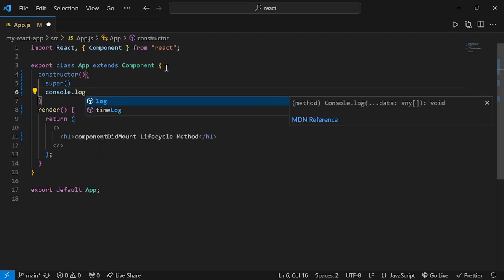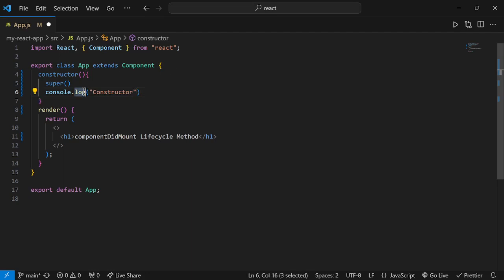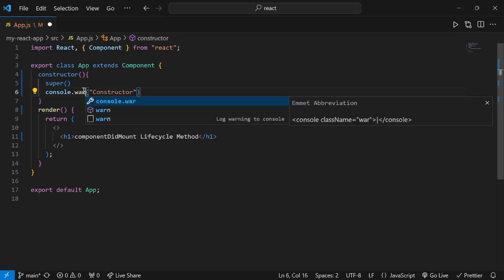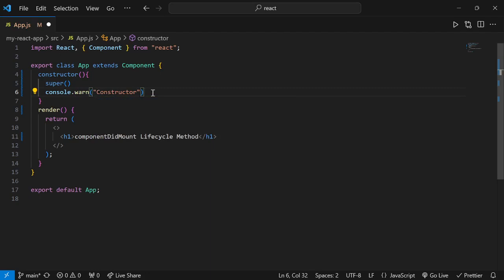In the similar way, I'm going to write the console statements in three of the lifecycle methods, so that we can see in our console which lifecycle method is running after which one. So constructor I have written. Now what I will do, I will write the same statement under render also,